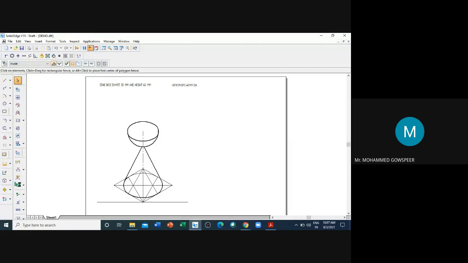So here in the move command option, the down arrow, this is scale. Okay. Select this.